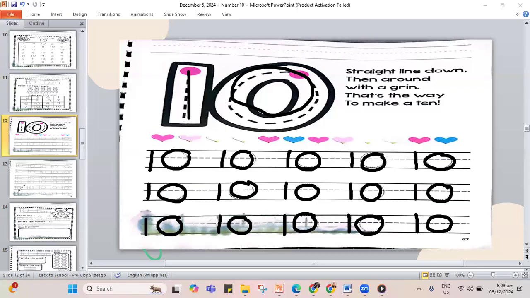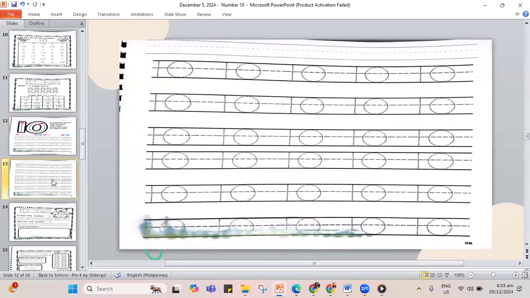Let's erase this one. And let's move on to this one. Okay, you need to trace all your number 10s for this work. Now, teacher won't be doing it anymore since I traced the previous page, but I will count from 1 to 10, and once I'm done counting, I will move on to the next page. But for you, you have to do this work, okay? 1, 2, 3, 4, 5, 6, 7, 8, 9, and 10. So we have our number 10.